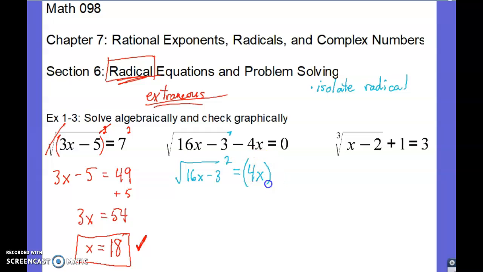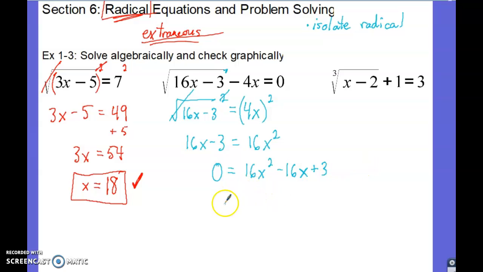Just make sure that you square each piece. Okay, what do I mean by that? Is we have 16x minus 3 is equal to 16, because 4 squared is 16, x squared. And then from here, this is why we do this unit after the factoring. I'm going to subtract 16x to the right side and add 3. And then as I'm looking at that,